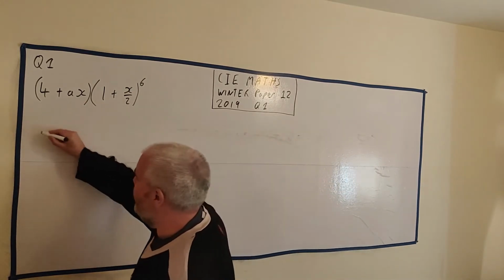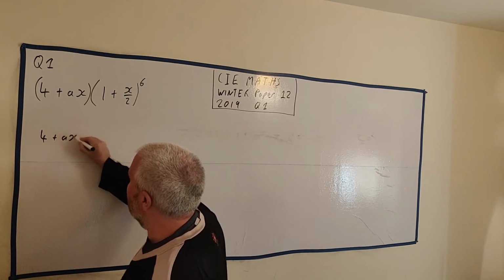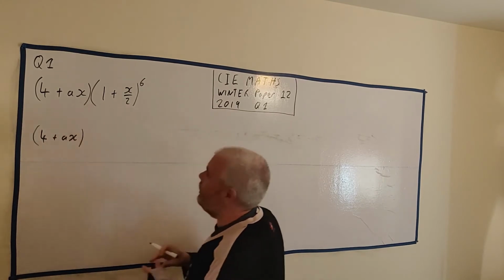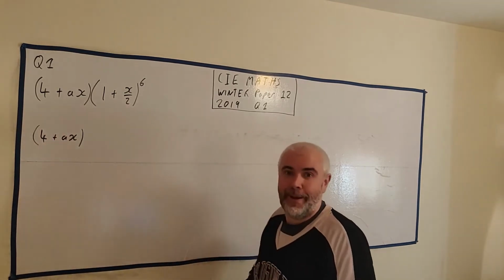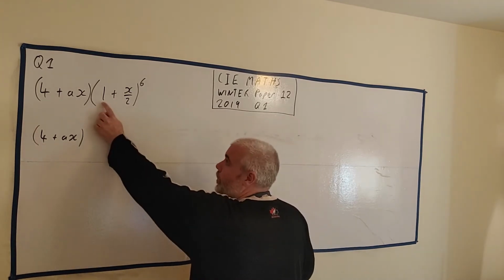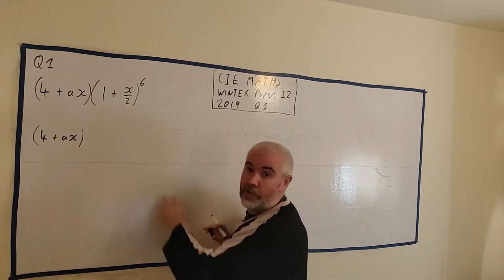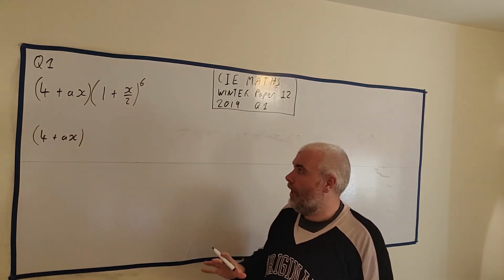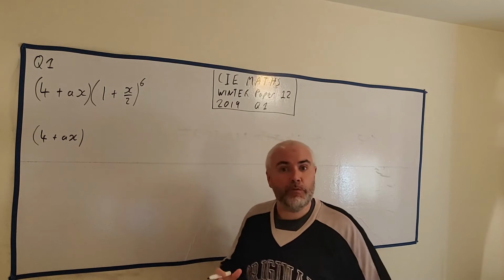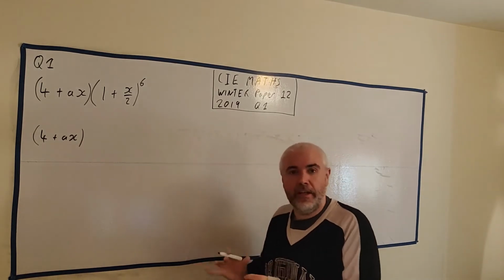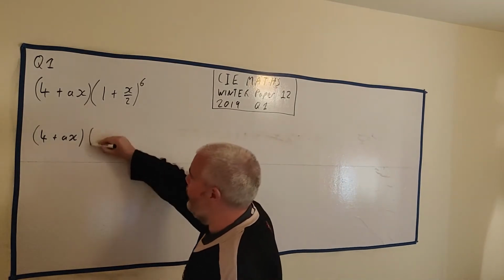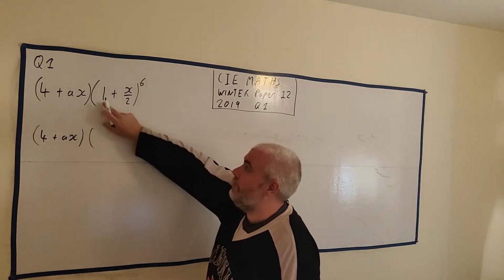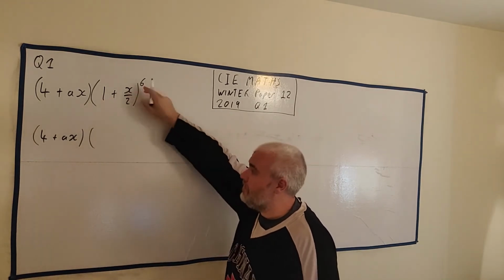So let me write this out again. 4 plus ax multiplied by this. Now this, we can do a binomial expansion on this. It's 2 terms, 1 plus x over 2 to the power of 6. This, we learn how to get each term of this with the binomial expansion. Now I won't teach it here, I'll just show you what it is. Binomial expansion will tell us the first term to the power of 6, that's 1,